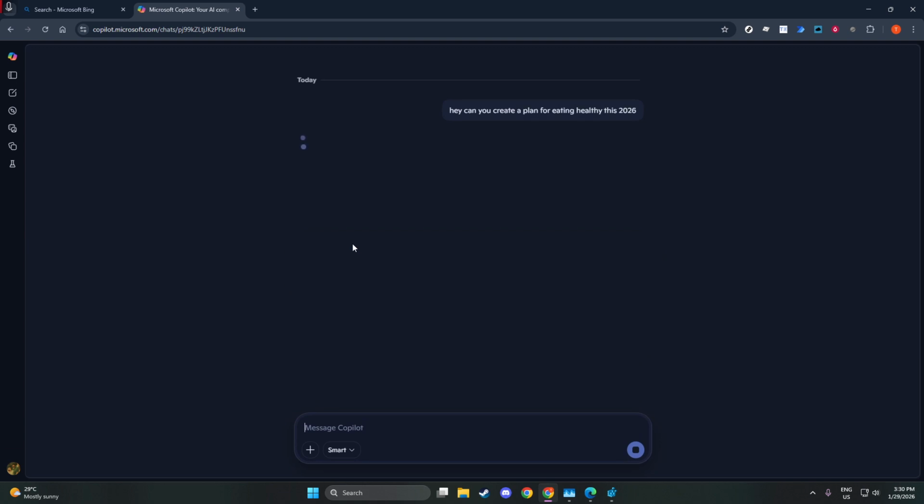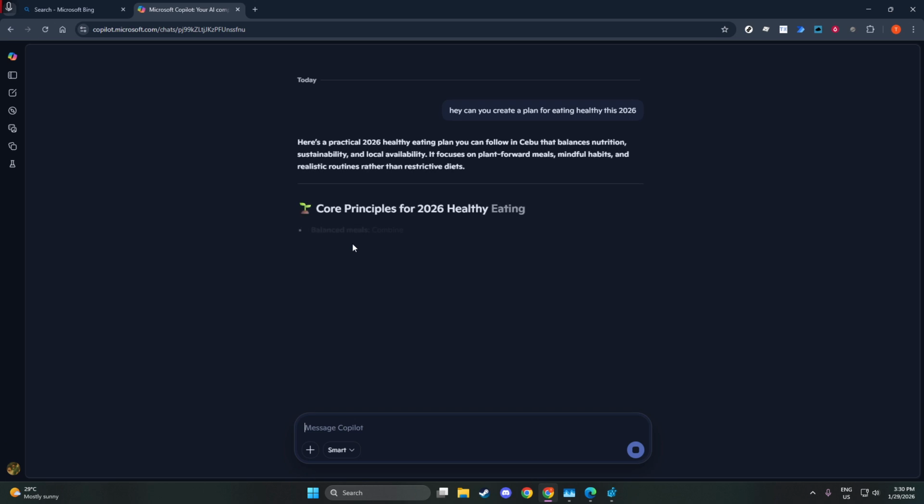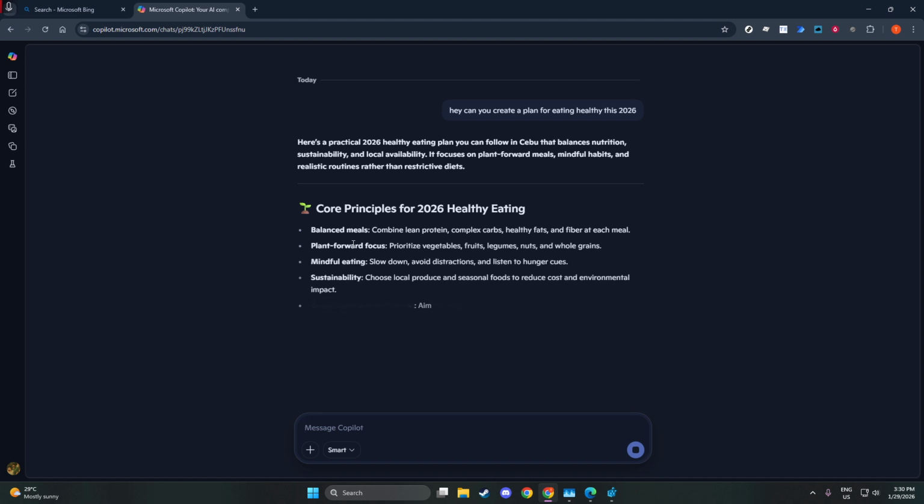Copilot will respond with generative AI answers that blend current web results with concise summaries, so you get context and sources in a readable format. If the response needs tweaking, simply follow up in the same chat. You can say things like, "Shorten that," "Make it more formal," or "Add restaurant suggestions near Gion," and Copilot will